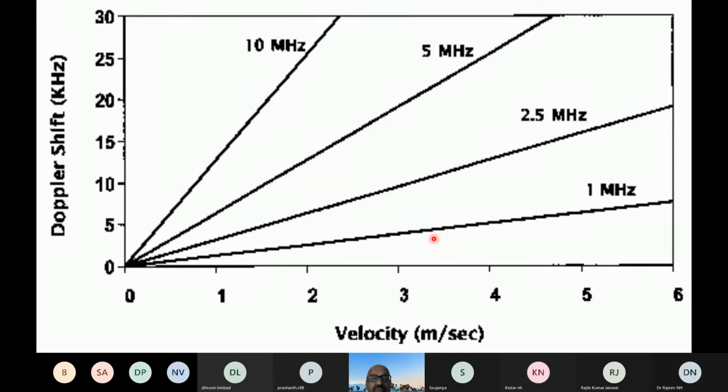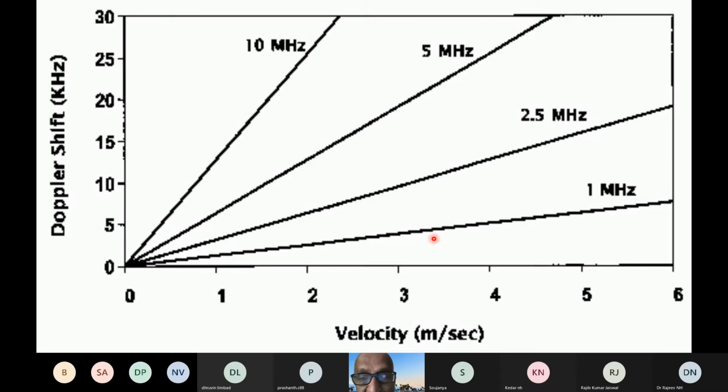I will again repeat. In Doppler, for us to get the exact value of velocity, that is the speed and the direction of blood flow, the beam has to be parallel to the flow of blood, whereas in two-dimensional echocardiography, it is perpendicular. When you want to get the best quality image, it should be perpendicular. So this is the first paradox.